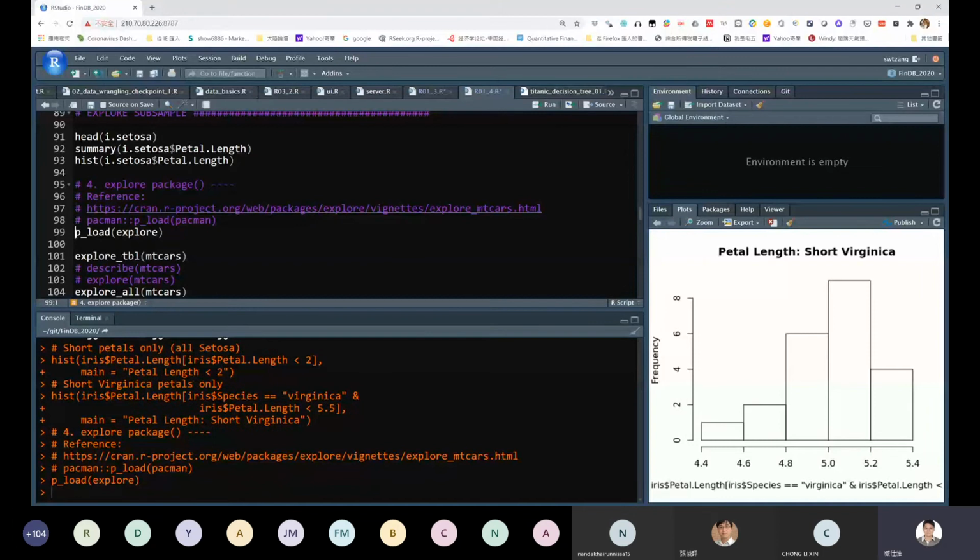So if you haven't installed Explorer, you have to install Explorer first using pload. It probably will take some time, so you have to be patient, and when it's done, then you can use the following codes. So for me right here, I'm gonna use explore underscore tbl. Okay, tbl actually represents a table. That's another data format